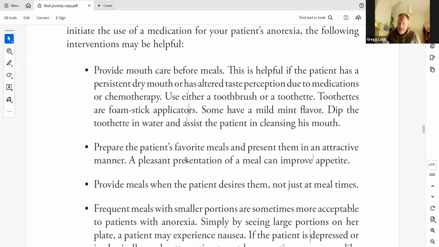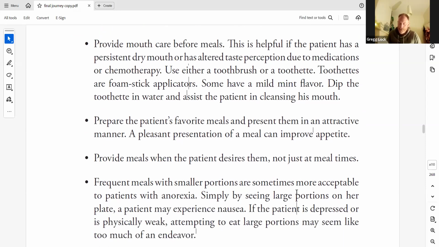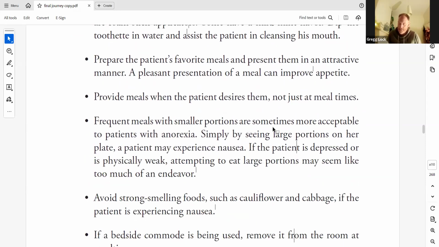Prepare the patient's favorite meal and present it in an attractive manner. Pleasant presentation of a meal can improve appetite. Provide meals when the patient desires them, not just at mealtimes. Frequent meals with small portions are sometimes more acceptable to patients with anorexia. Simply by seeing large portions on her plate, a patient may experience nausea. If the patient is depressed or physically weak, attempting to eat large portions may seem like too much of an